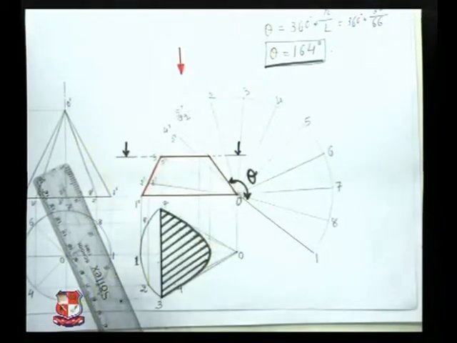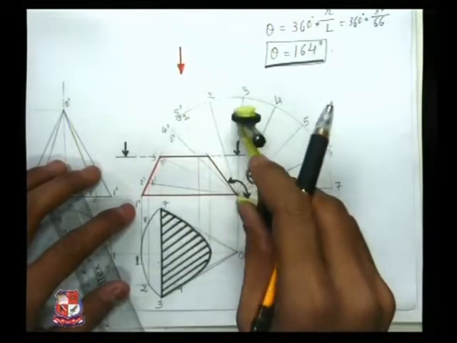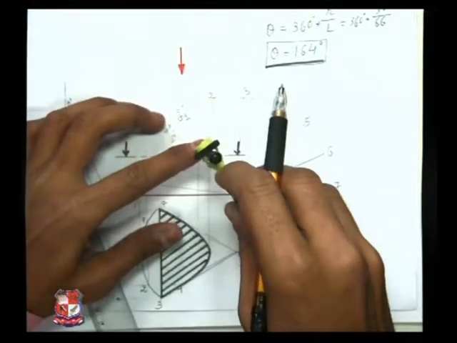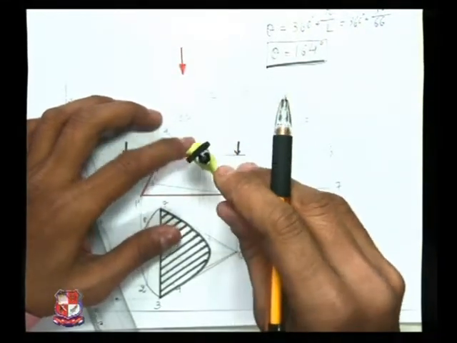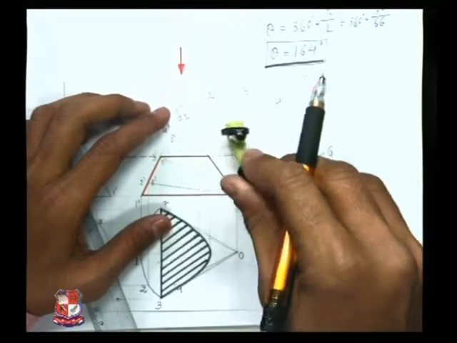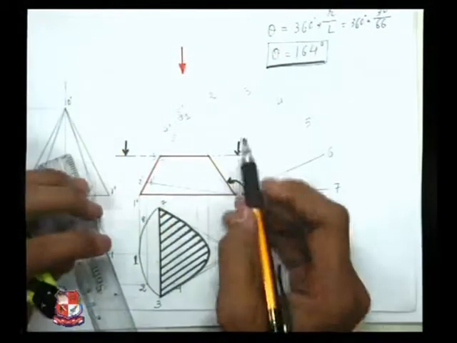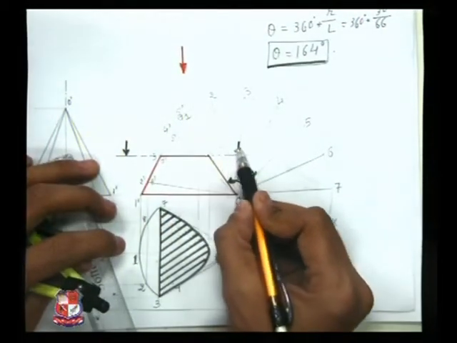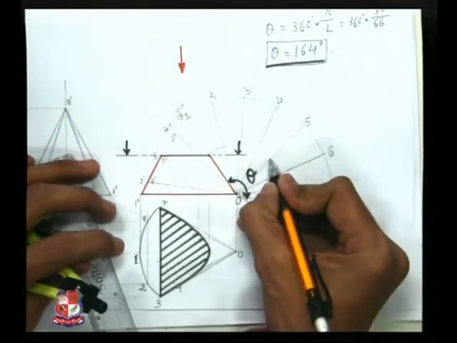O dash 5 days is on true length, so directly take this radius. O is the center, O to this point is the radius, draw an arc up to O5, right, from here. O is the center, O to this point is the radius, O5, so this is our first point.